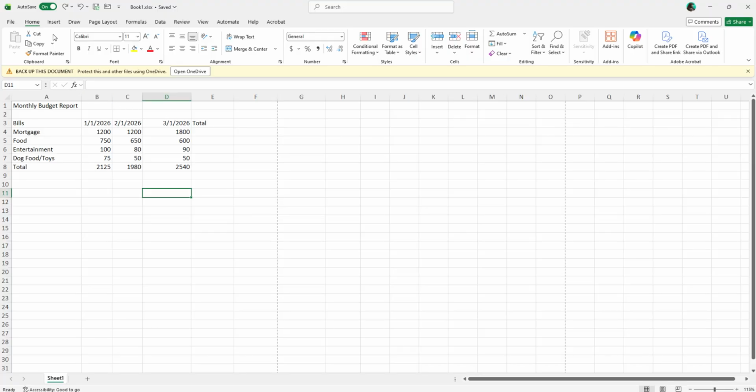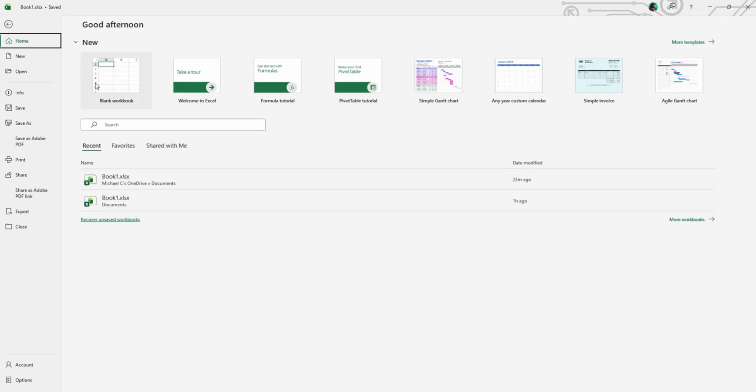So we had another video where we covered some of these different options on the ribbon. Let's cover the File tab. So let me turn off my autosave, come over here to File. And once you have your workbook open, you should have these different options enabled, and we'll run